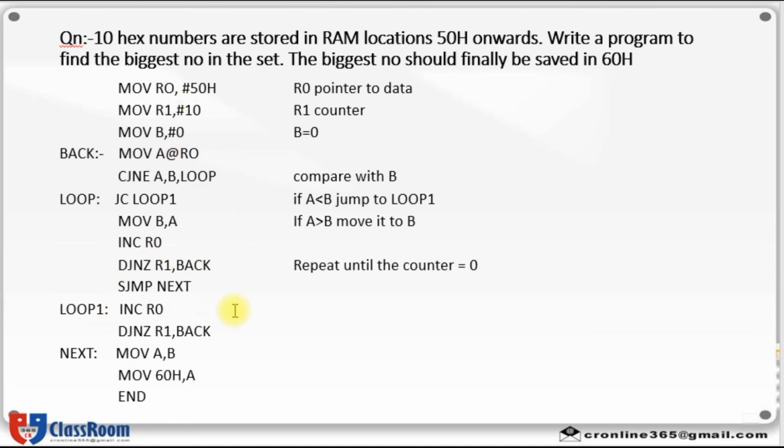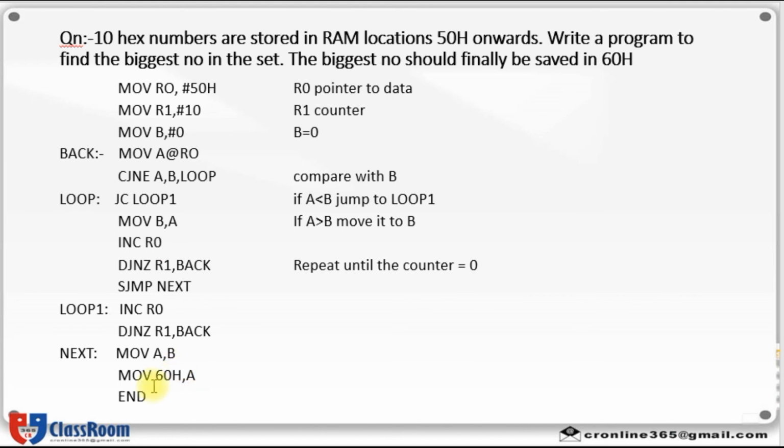This instruction is executed until this R1 value becomes 0. If R1 is 0, then you have to transfer that B register value to the accumulator, and finally this accumulator value to the address location 60H. So B will be containing the highest number.